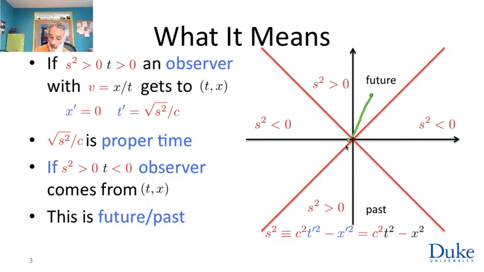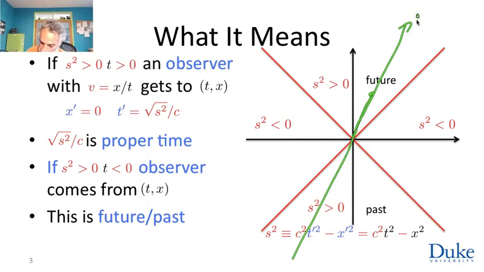This is an allowed motion for an observer because all world lines of observers are, remember, constrained by v less than c to be within this region. So that means two things. One is, if I want to cause something to happen here, I can do it by throwing a rock at it. If I throw the rock, I might need to throw the rock very fast, but it doesn't need to go faster than light. The other thing is, if instead of throwing a rock, I throw a clock, then I've essentially